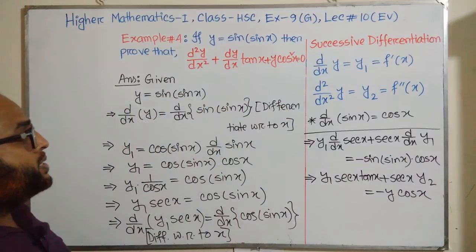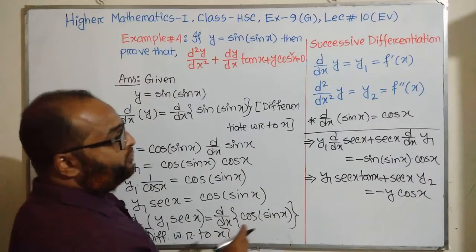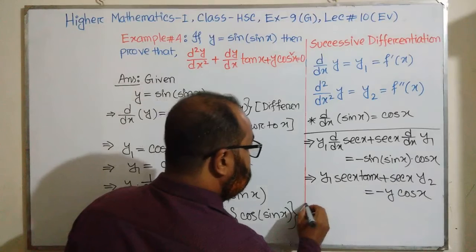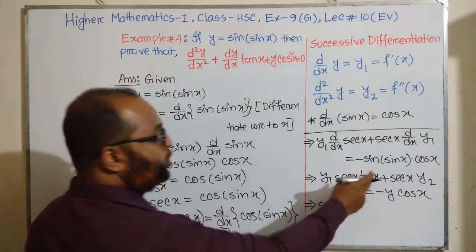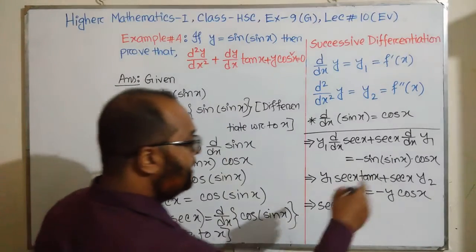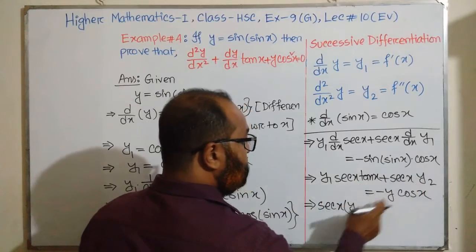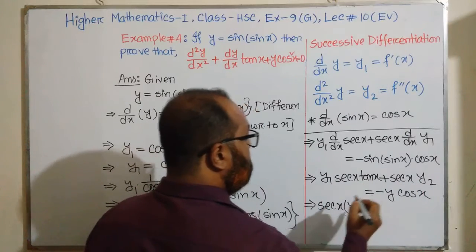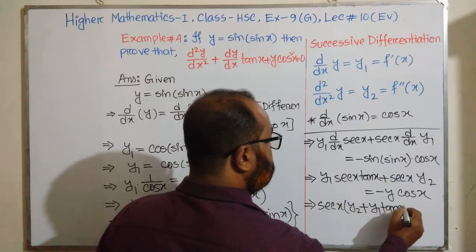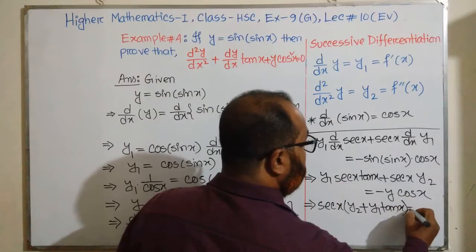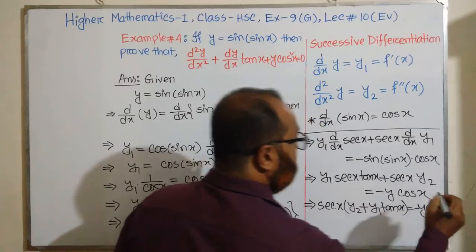Okay, my dear students, here we have to prove the second derivative of y. That means here we can take sec x as common from the left side, that means sec x into y2, we write this in first position, plus y1 tan x, this equal minus y cos x,